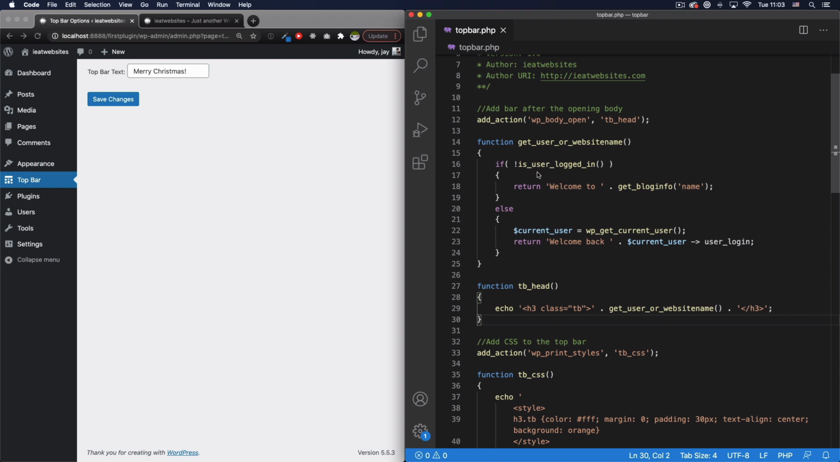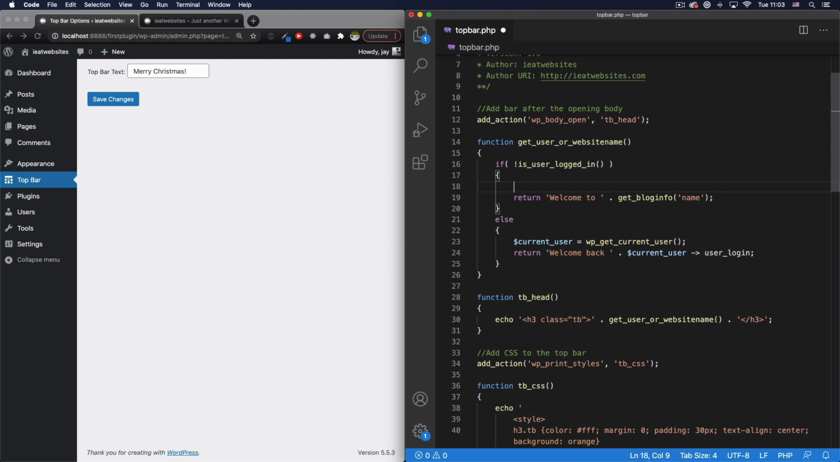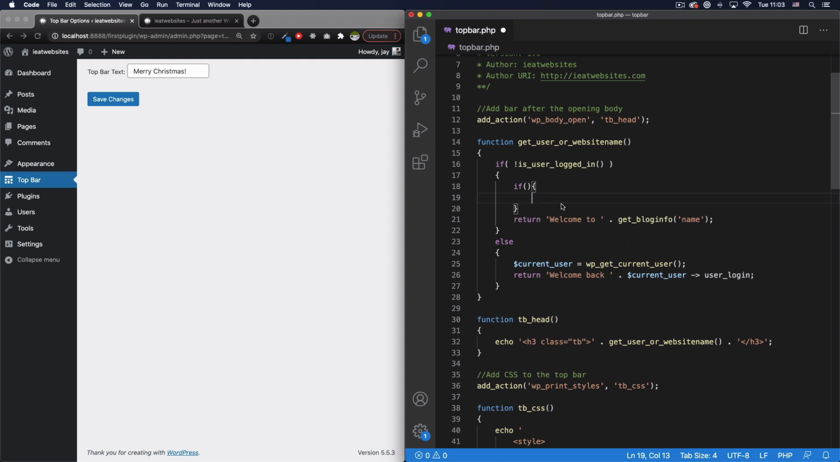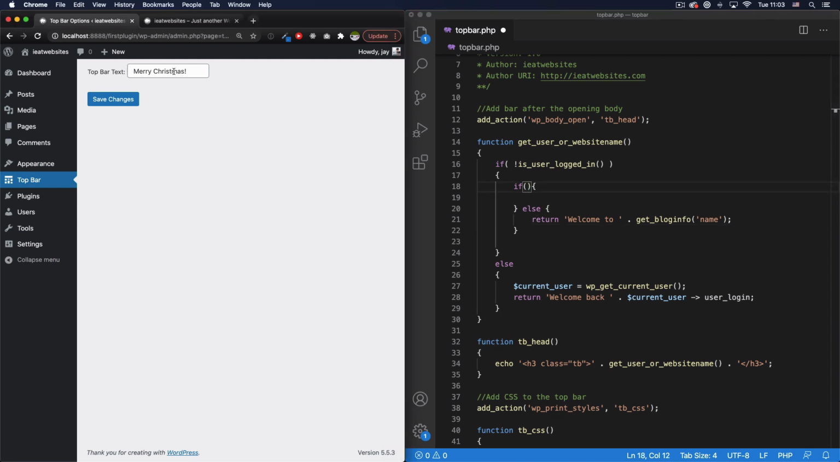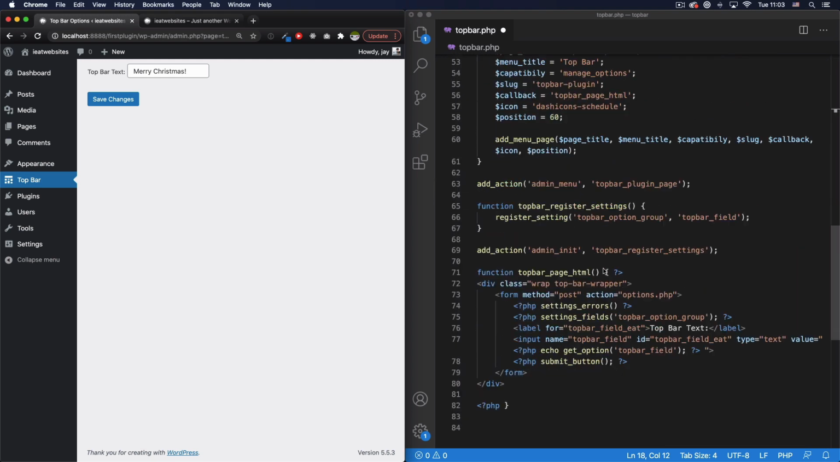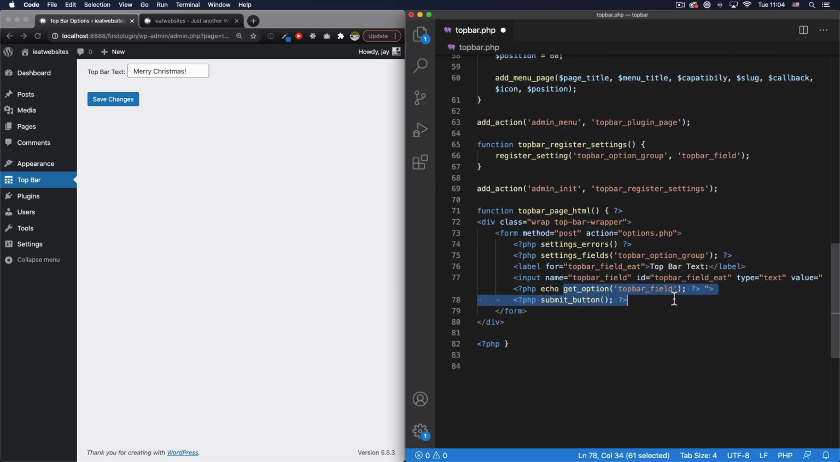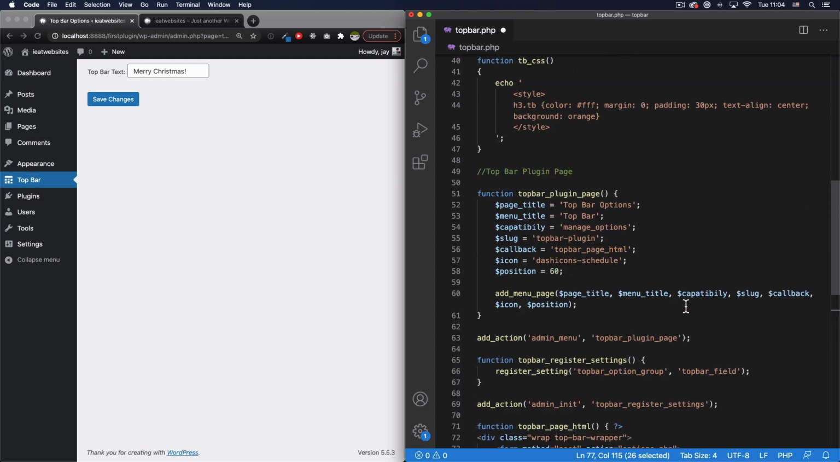So what I'm going to do is here, if the user is not logged in, I'm going to create another if statement. So it's going to be then the else. So let's add welcome to the name of the website only if there is nothing here. All right, so I'm gonna go here to the get option top bar field. I'm just gonna copy that. I'm gonna scroll up